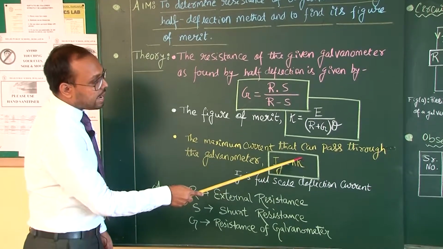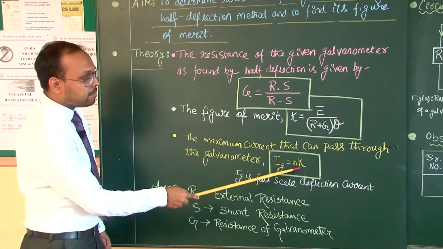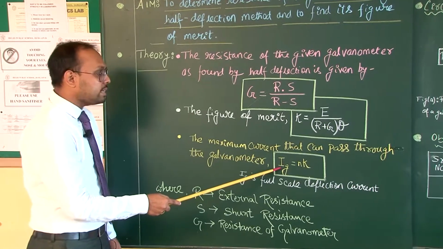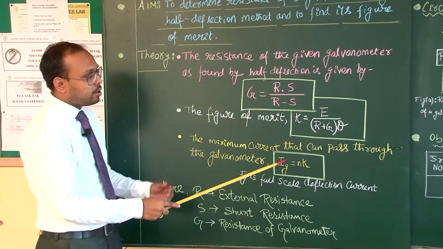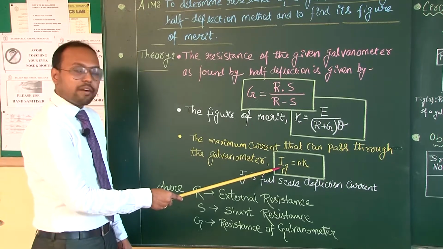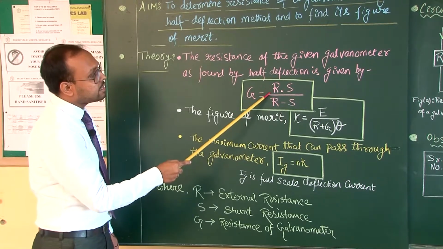First of all, this K is not known to us, it is unknown. So, in the circuit, we cannot randomly give an excessive amount of current. If we give current more than this Ig, then the full deflection of the galvanometer will be crossed and the galvanometer can have permanent damage. So, that we have to avoid. So, what we will take here is a high value of the resistance capital R.